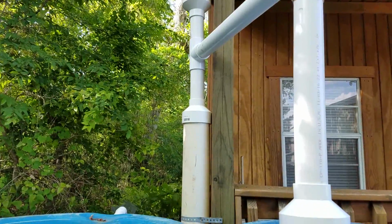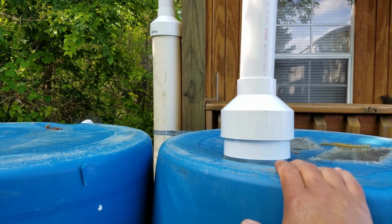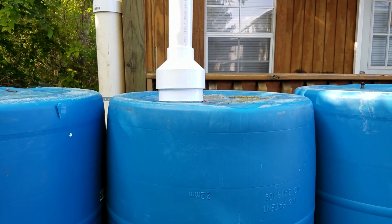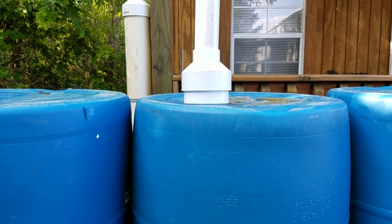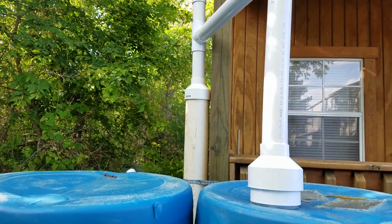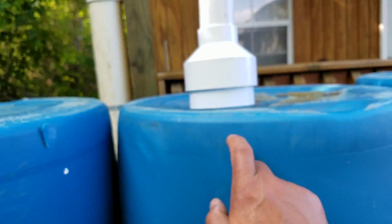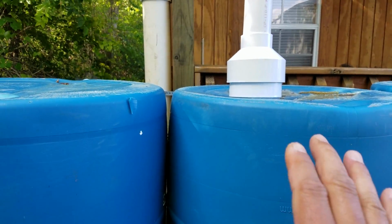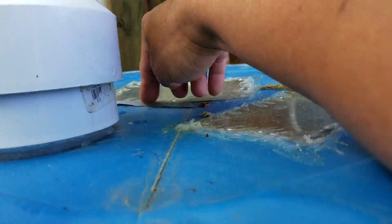Before I put that first flush diverter in there, when the water hit these tanks and I actually opened it up to look inside of it, there was a lot of pollen and yellow slimy stuff, and it was all from the wash coming off the roof, and there was just no way for it to filter before it actually hit the tanks. So once I redid this and put that first flush diverter in, I was getting all that pollen and bird poop and leaves, and all that stuff was ending up in these tanks. But now I don't have so much of that problem anymore. You get just a minute amount that'll actually get in those barrels, but you know, it's okay. It's nothing to fret about. I gotta seal that again. But anyway,